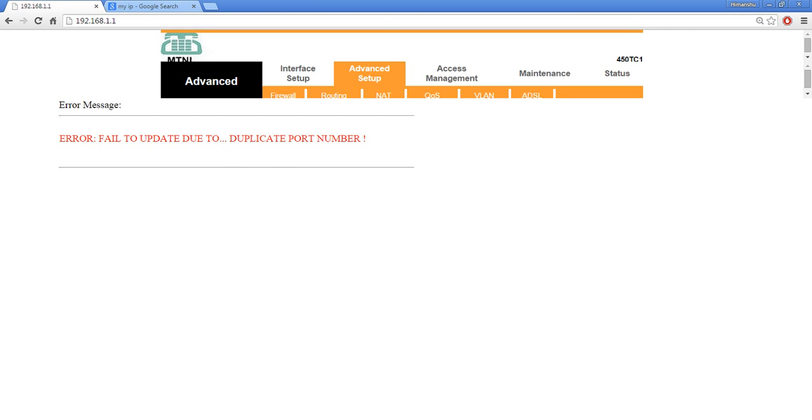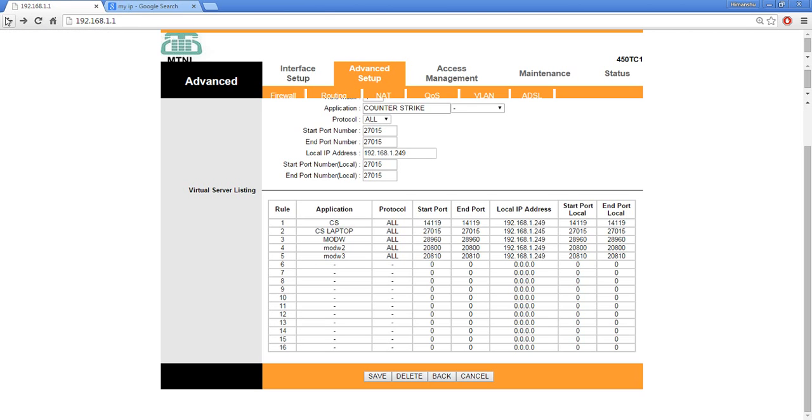So okay, actually the problem in my case is that I had already forwarded the 27015 port number. In your case this won't come up. Do not worry, this is not an error. It's because I have already forwarded that. It is just saying that you cannot forward the same port number again, because as you can see here, it is showing